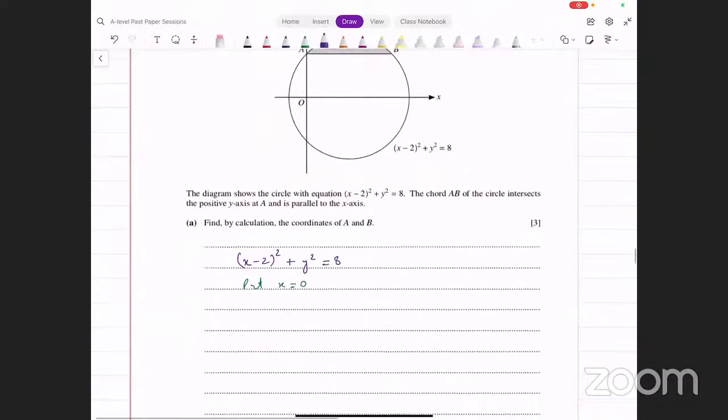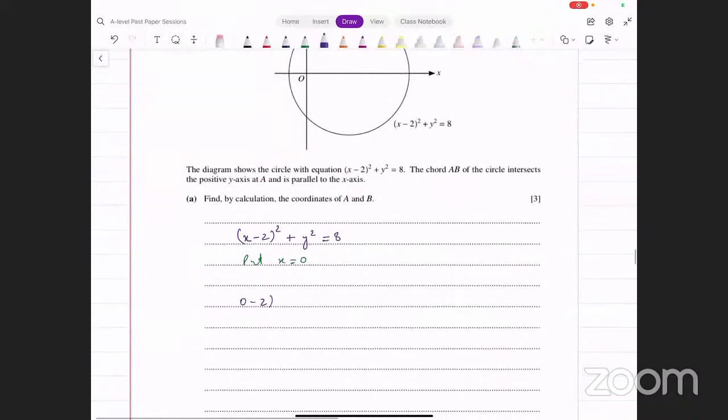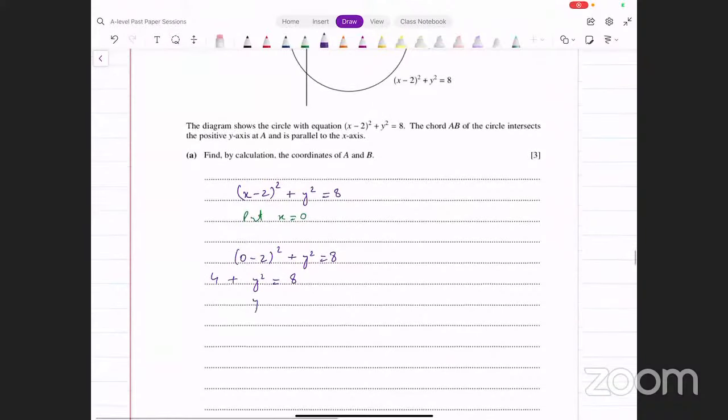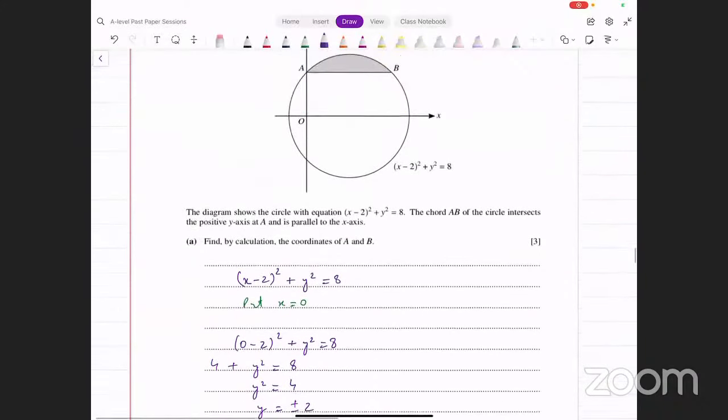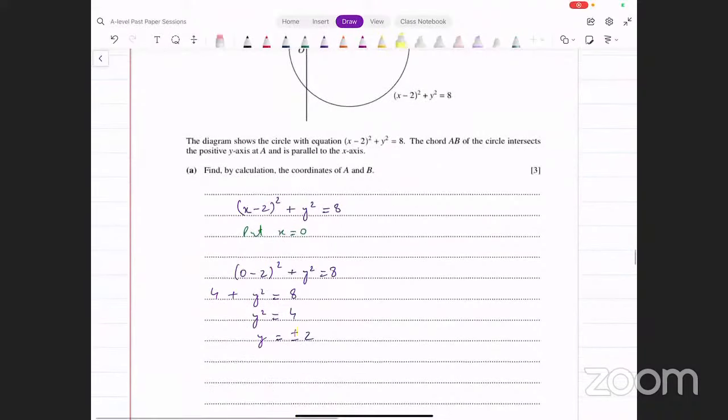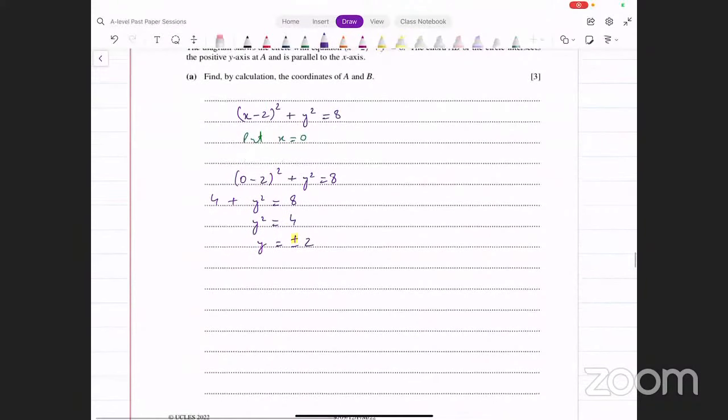When you input x equals 0, we get 0 minus 2 whole square plus y square equals 8, and that becomes y square equals 8 minus 4. Or let me just do it on the other side. minus 2 का whole square, ये 4 हो जाएगा. y square equals 4. y equals, when we take square root, we get plus minus. ठीक है, लेकिन अब आप देखें ग्राफ पे जाके, A is above the x-axis, तो ये positive value आपने consider करनी है. A पॉइंट के coordinates क्या होंगे? A पॉइंट के coordinates होंगे